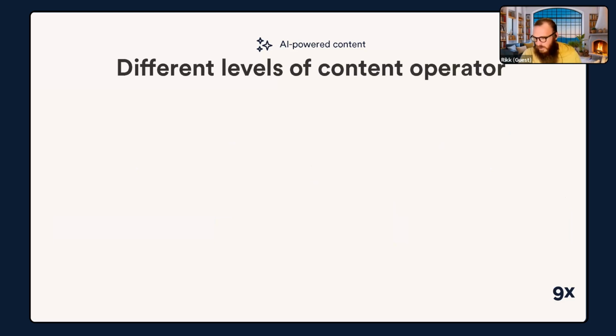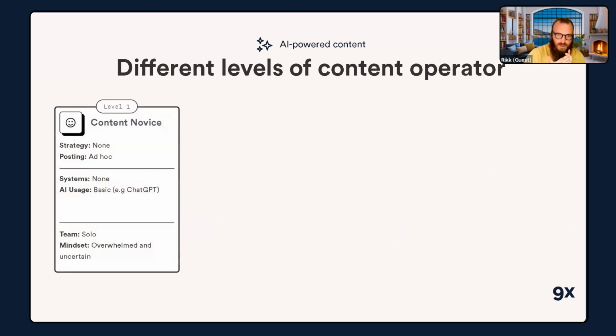I see we're already at 5:30, so I don't want to speed this up, but I'm going to go through these a bit quickly. I'm going to go through the first 2 very fast, and then we'll dive a bit deeper into the last 2, because the last 2 are the ones that we're mostly targeting to help with in their content journey. So the first one, in terms of the content operator, the first level is the novice,